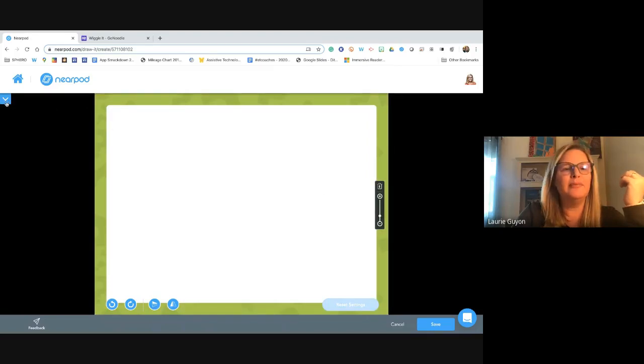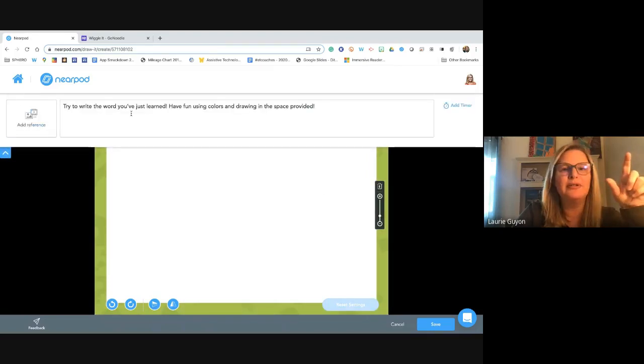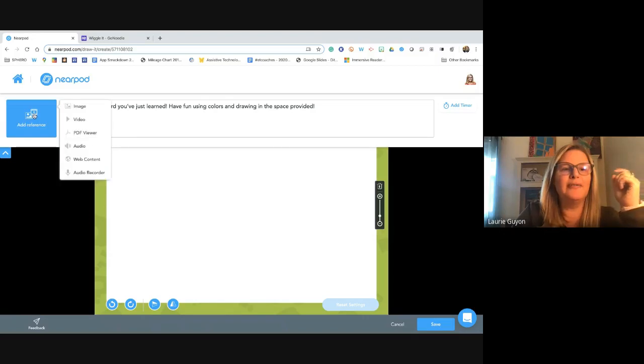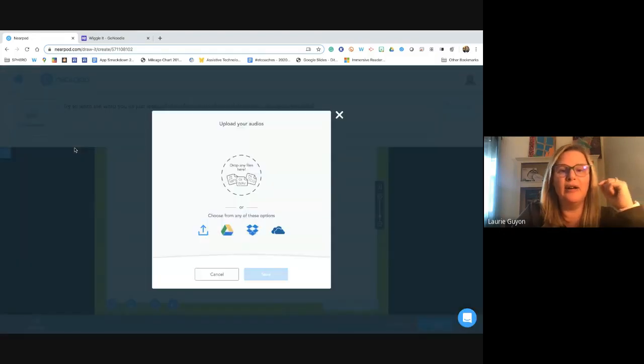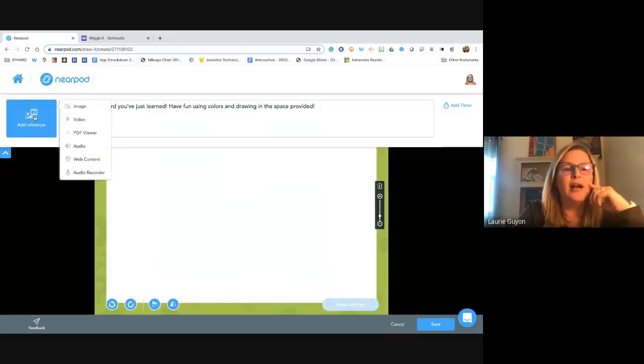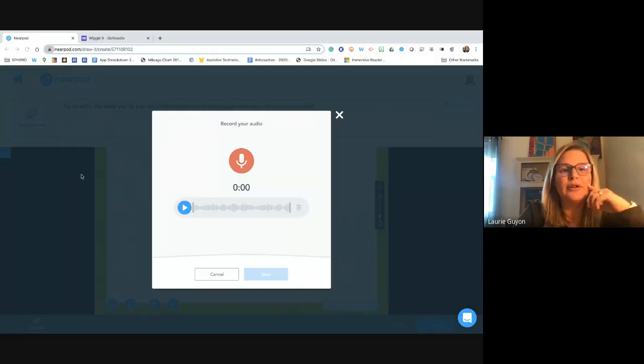And then up at the top left in that down arrow, here's the directions. It says type the word you've just learned. Have fun using color and drawings in the space provided. Great directions, but maybe you want to add something more. You can always put that in there. You can also add a reference. So maybe you want to add in audio. Here you have to save the file first and then put it in so you can have you reading those directions. You can also use the audio recorder, which again, if I hit allow,